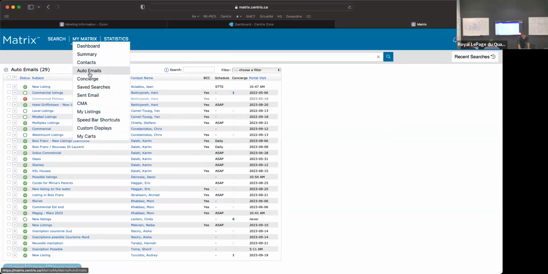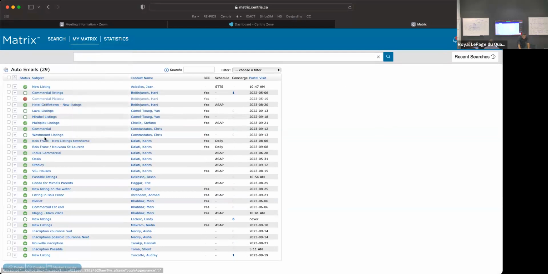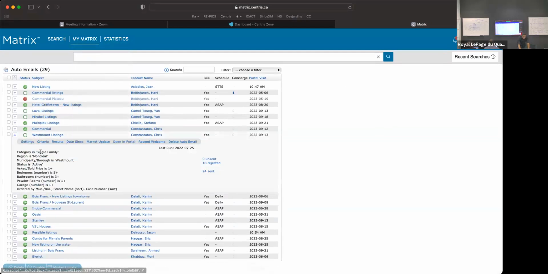Okay, so that's auto email. And what's cool, vous pouvez rentrer dans vos auto email and tweak them at any time. Donc, settings, c'est en fait le email qui va sortir. Okay? Donc, si on clique dessus,